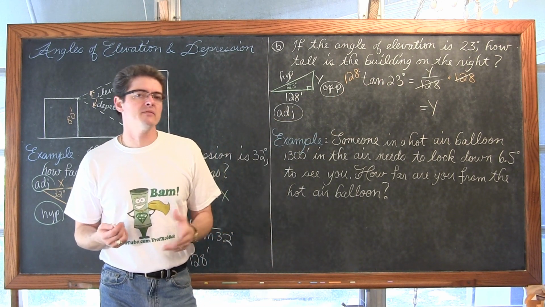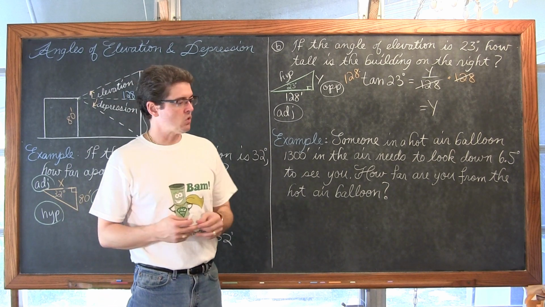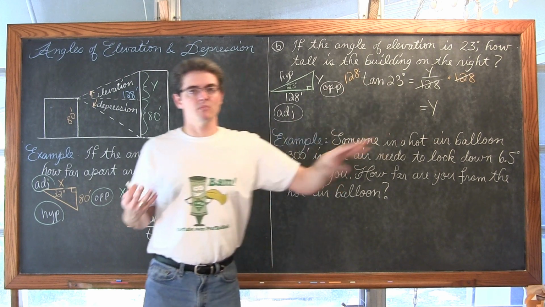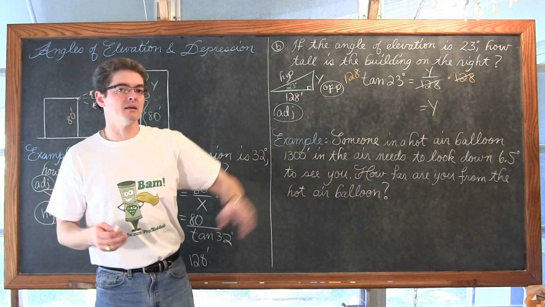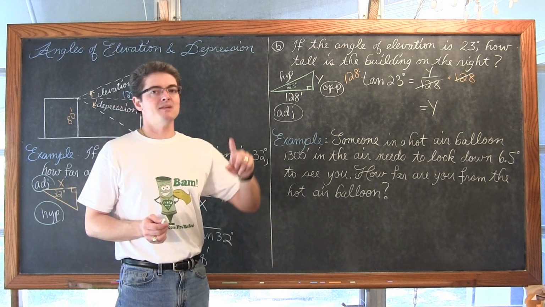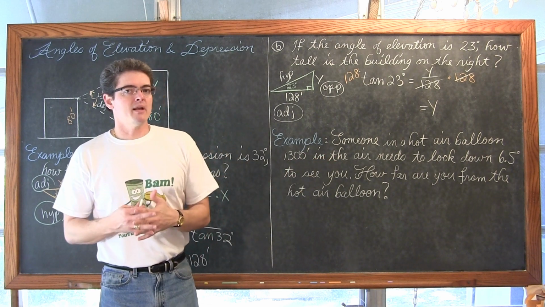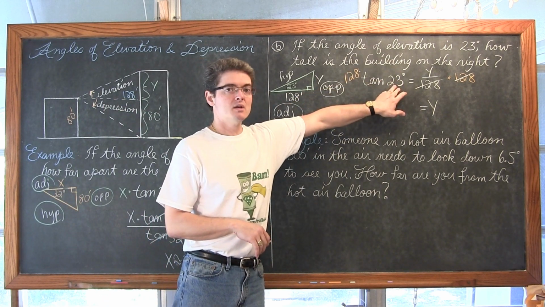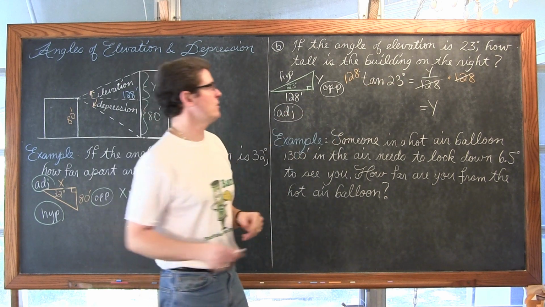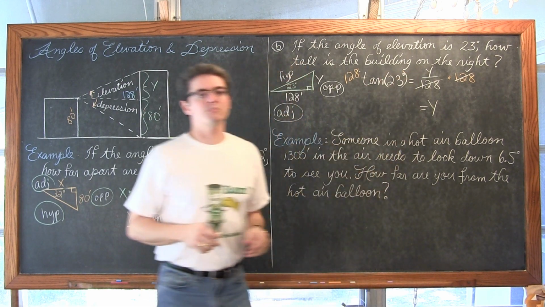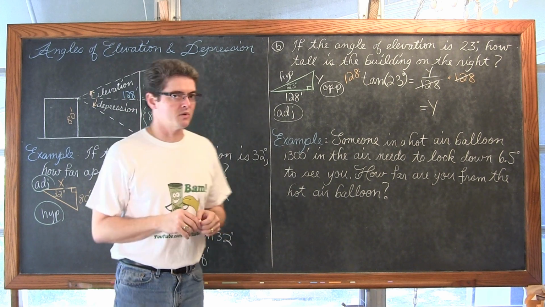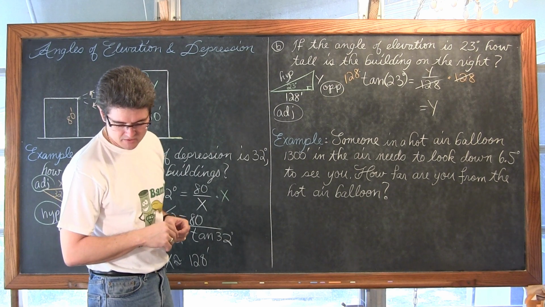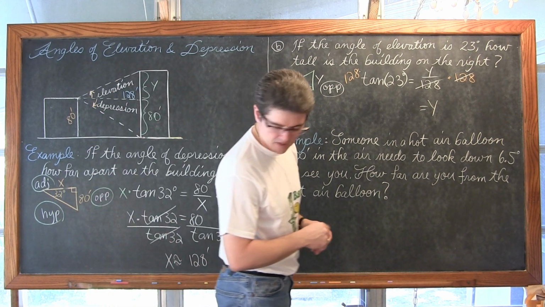If you have a two-line scientific calculator or maybe a graphing calculator where you can see the numbers and math functions as you type them into the calculator, you can just do 128 times tangent of 23. It'll give you the right answer. What you don't want to do is do 128 times 23 and then take the tangent. That'll be very, very wrong. The tangent function is applied to just the angle measurement, and the angle measurement is 23 degrees. So 128 times the tangent of 23 is approximately 54.3 feet.